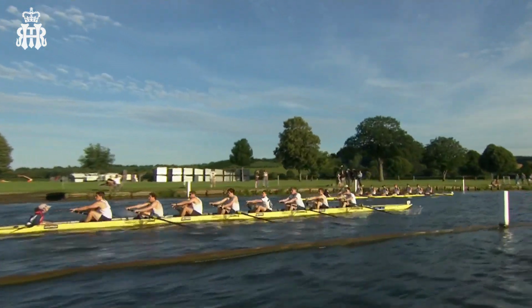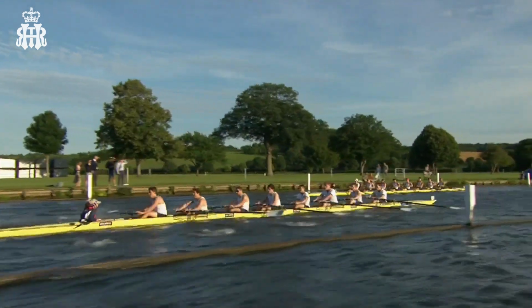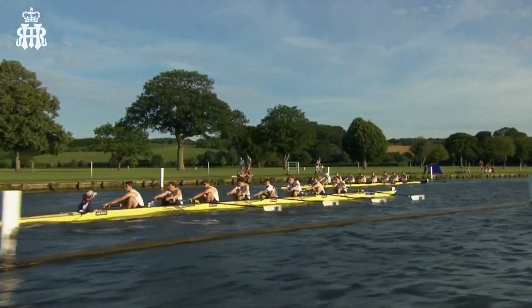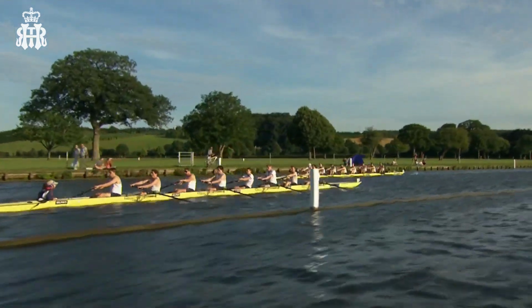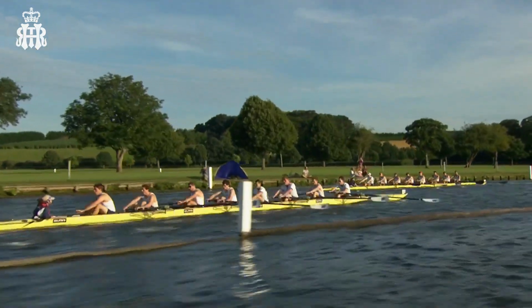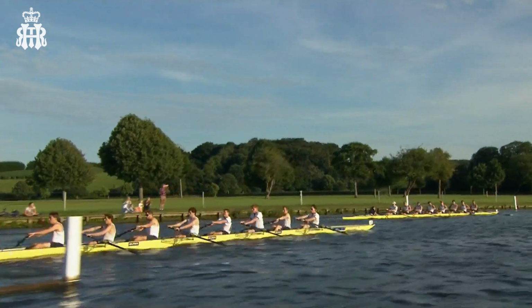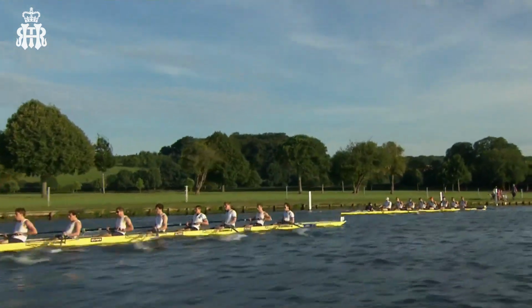It'll be interesting to see how these two crews compare, because Henley are one of the selected crews in the Thames Challenge Cup, whereas Tortoise had to come to the qualifiers. They raced last weekend just to get into the event, so I guess for them just being here today is a great achievement in itself. I think you're probably right. We don't often see a college alumnus crew at Henley these days, maybe in the past, but so Tortoise having